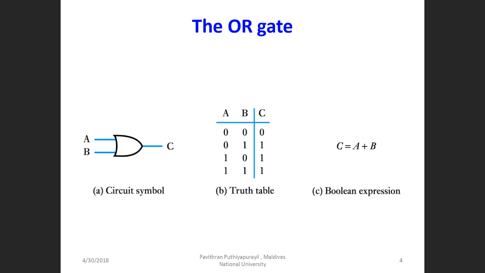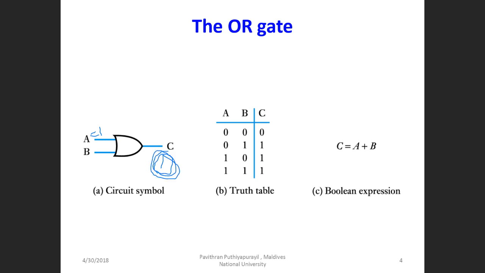If I fixed any input of this 2 input OR gate, let's say I have fixed A at 1, A equal to 1 always, अगर ये मैंने फिक्स कर दिया तो आउटपुट में हमेशा आपको 1 मिलेगा।